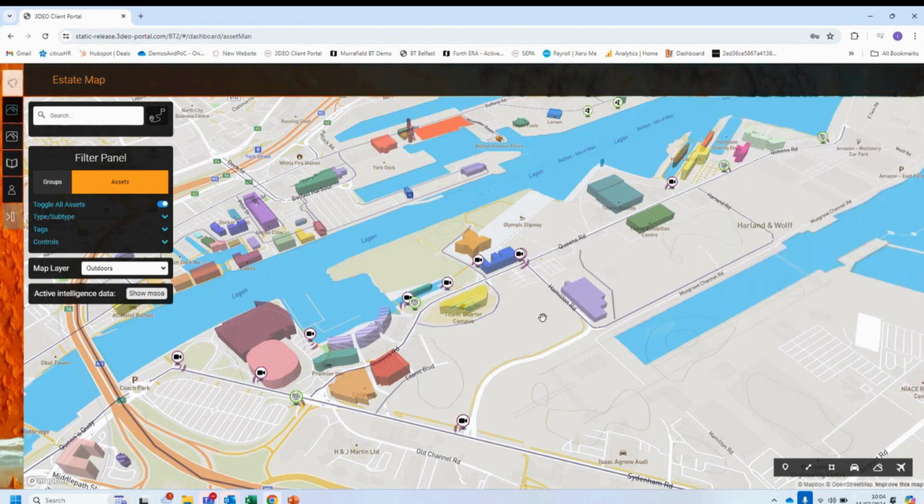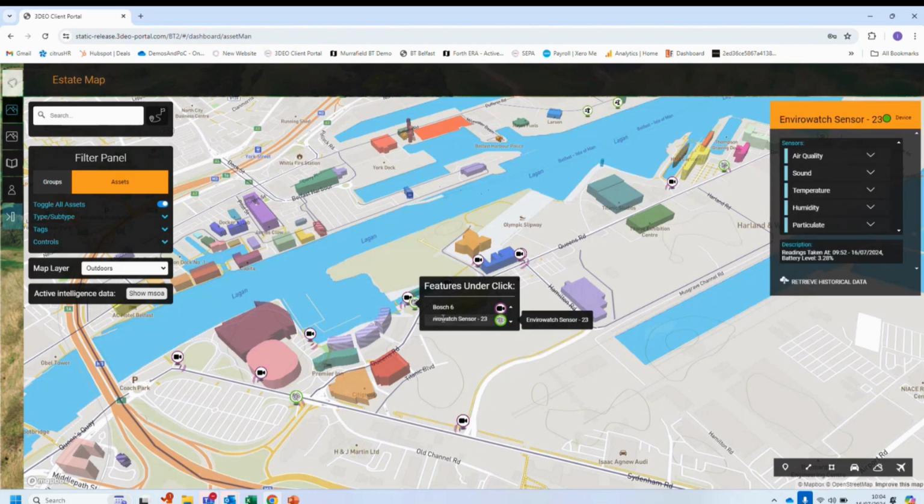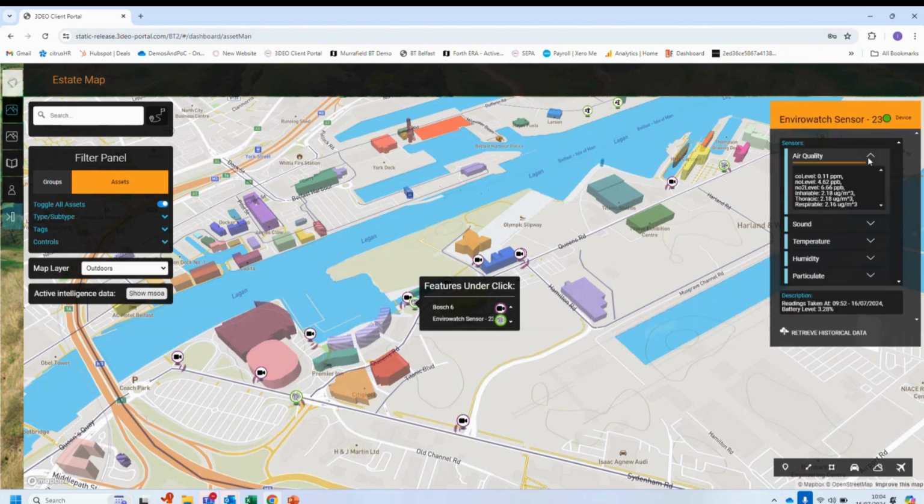Now, when it comes to data and reporting, we are bringing in other data sources. So things like your environmental sensors, again, can be integrated into this single platform, and we can make your life a lot easier. You're not going to have to go and ask somebody else for the data off those systems. If we click on the EnviroWatch sensor here, we can bring up